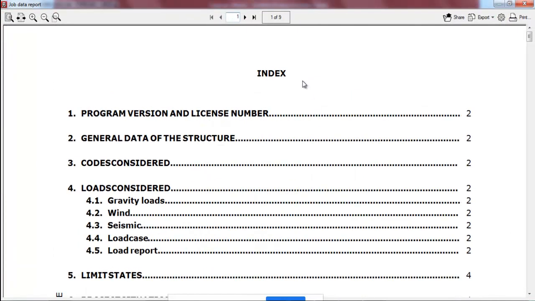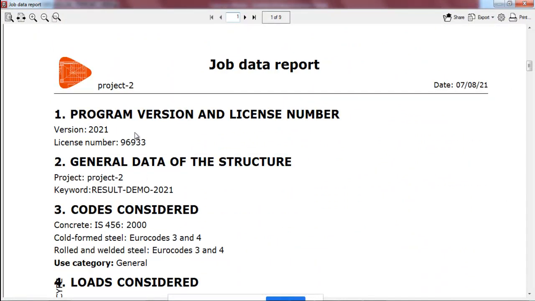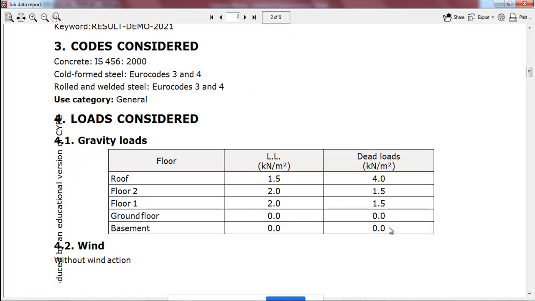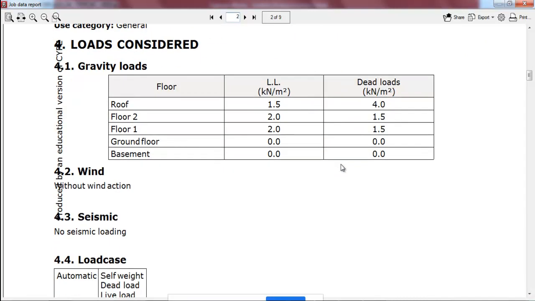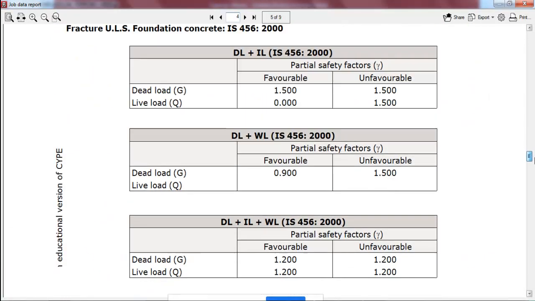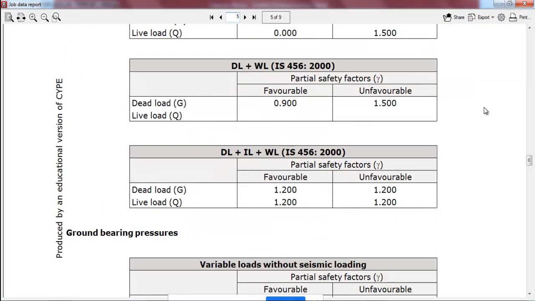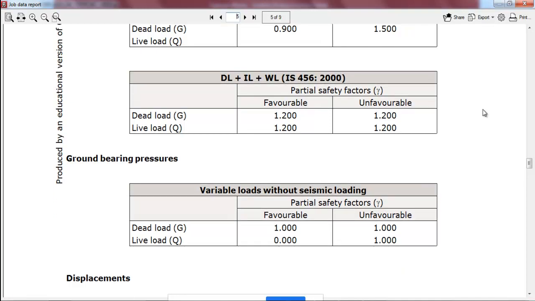Okay, it will ask you what is the file number, version number of the program, the license number, and then what are the loads that you have selected and all those things, wind load, seismic load, and then all the information is available here. Okay, you can simply export it and then make some necessary changes also if you want, but you don't have to sit and type all the report.